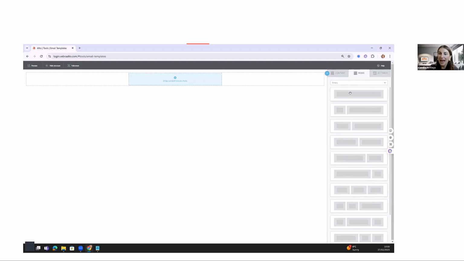So if we go into rows, we're able to create the rows. This is adding the structure to our email templates where we can add in our content. So we're going to add in a couple of rows here. If we can just drag across and drop. Yeah, that's fine. Just drop a couple in and we'll add in our content from here. Okay. Perfect. So now that we have a couple of rows in place, we're able to add in